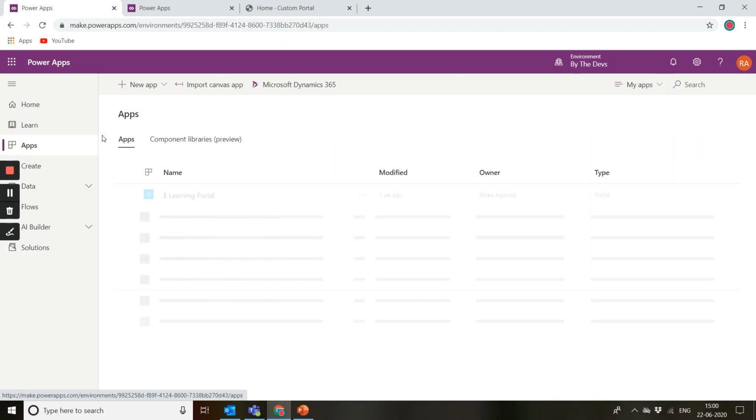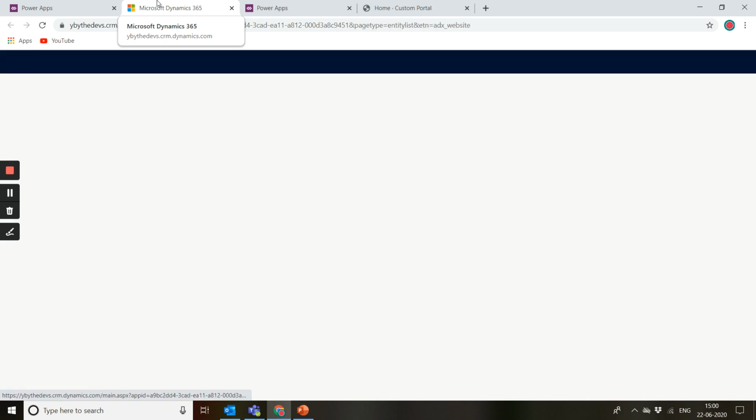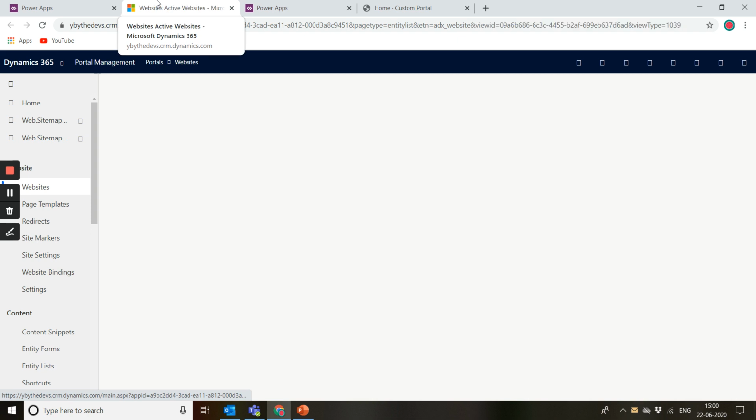Now let's go back to the apps and see what we have in the portal management app. So I opened it. This is the master app of all your portal applications. You can configure which website your URL is going to point to, and what all web pages you want to show as part of this. Let's say if I want to connect to any of my CDS entities, which form or which list or which view I want to display as part of my app. So every minor detail you can configure here.